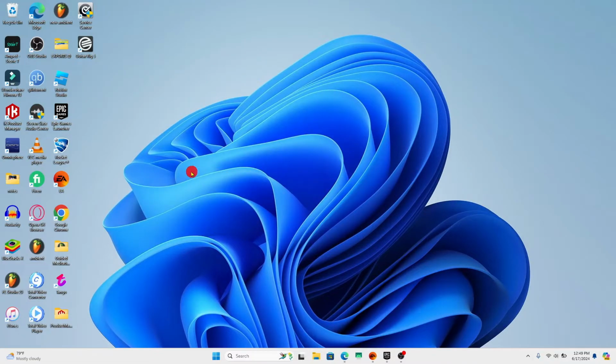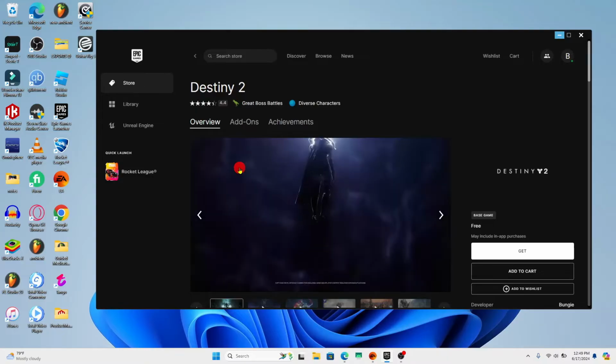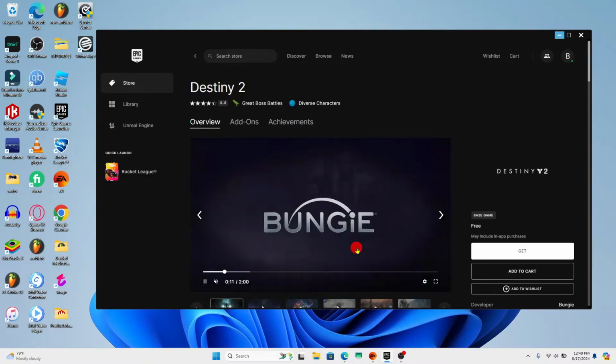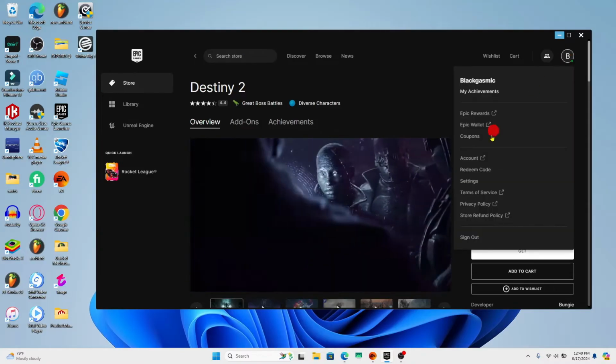First of all, open up the Epic Games launcher on your device and proceed with logging into your account if you haven't done so already. Once you are logged in, you will end up within the Epic Games homepage. In order to link your accounts, click on the account icon at the top right corner and then click on